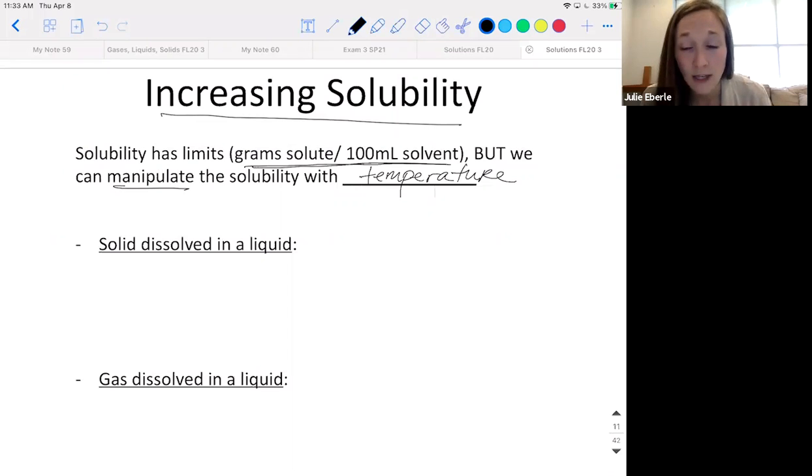Sugar is a solid. Your tea is a liquid. If I wanted to dissolve it, what would I want to do? Lucy said it, heat it up. Okay, so the point is when you have a solid dissolved in a liquid, if you increase temperature,